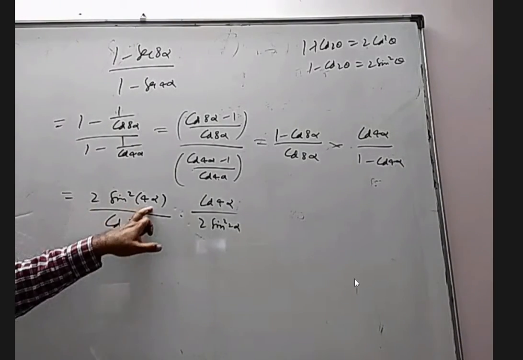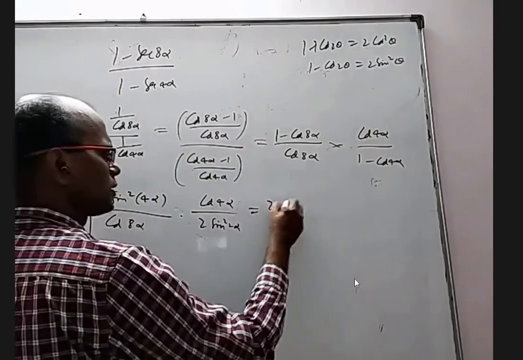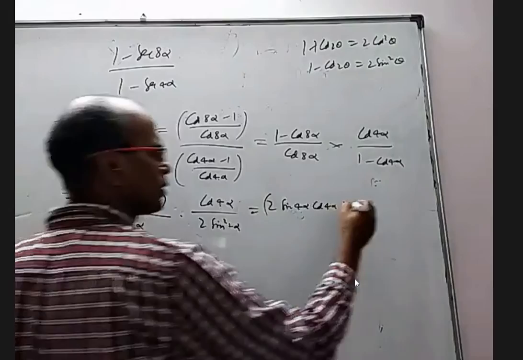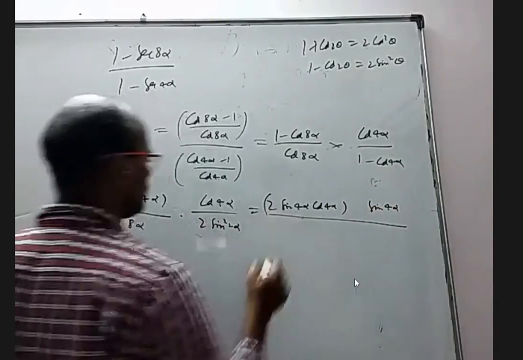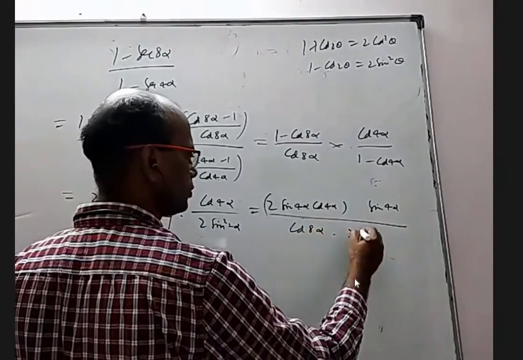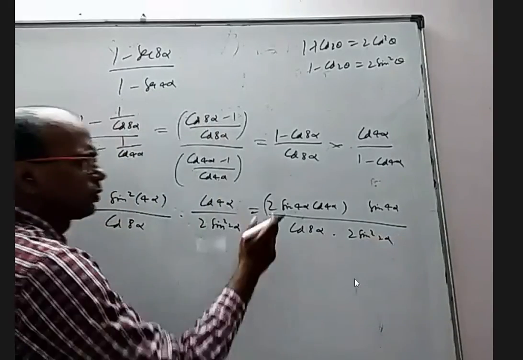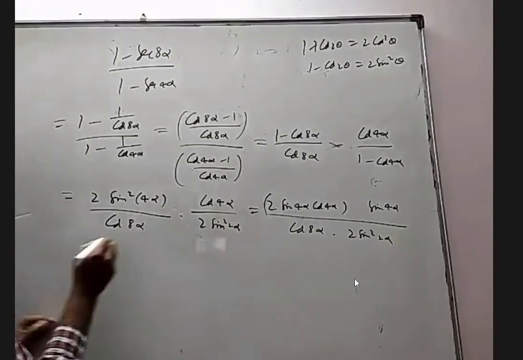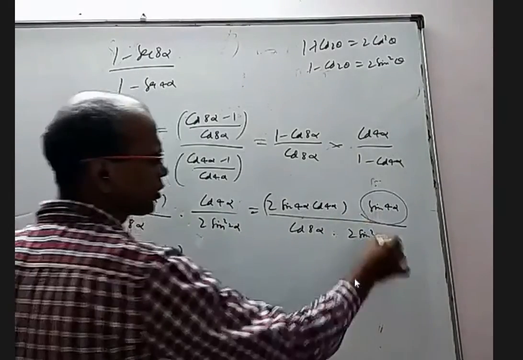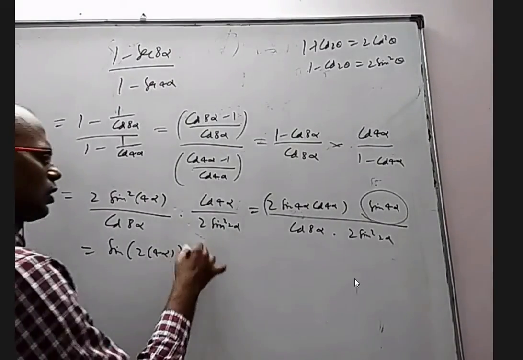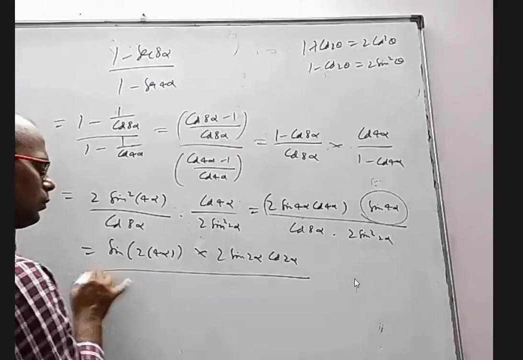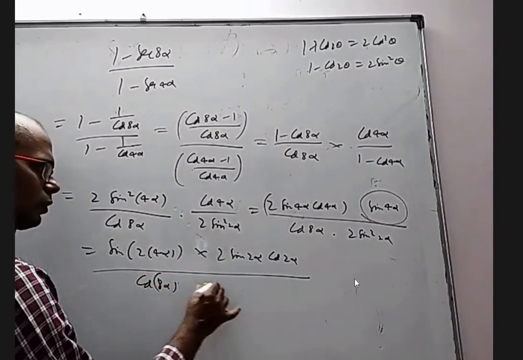Now, 2 is there, sin 4 alpha, cos 4 alpha, I want to combine. So I want to write this as 2 into sin 4 alpha into cos 4 alpha. Extra 1 sin 4 alpha is left. And let it be this, cos 8 alpha into 2 sin square 2 alpha. 2 into sin theta into cos theta is sin 2 theta, so it will become sin twice of 4 alpha. But for this one, I want to use sin 2 theta as 2 sin theta cos theta. So half of that. So 2 sin 2 alpha cos 2 alpha by cos 8 alpha into 2 into sin